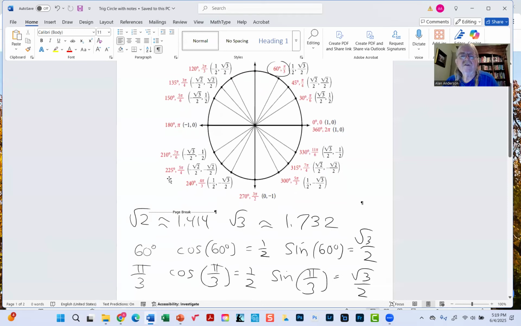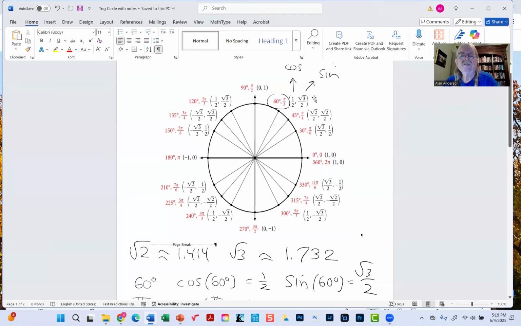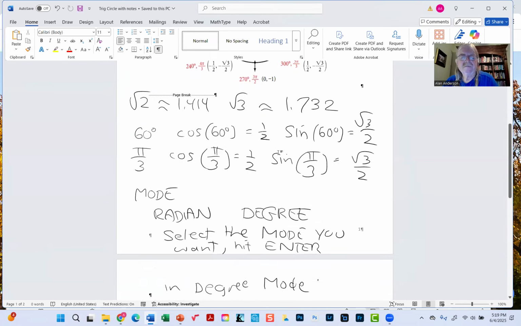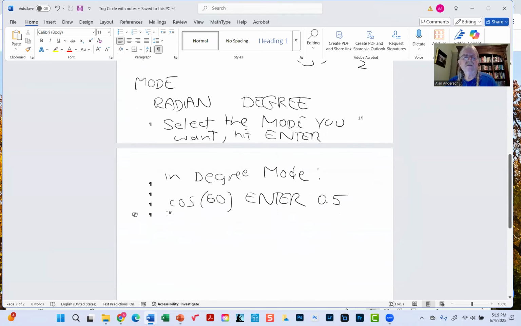Okay, so now we're going to confirm that the sine of 60 degrees is radical 3 over 2. All right, so here's what you're going to do. The sine button, by the way, is directly above the comma. And that's going to give us,